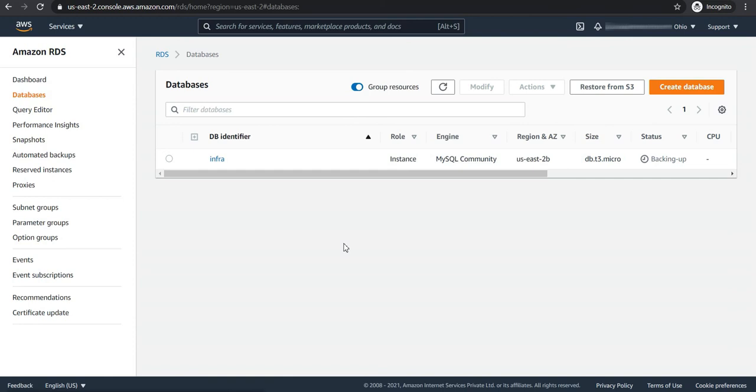The default KMS key won't allow you to share the encrypted backups to another account. So you need to create a KMS key. So we saw how to create the KMS key too, and then how to copy them to your own account, and how to restore the database.